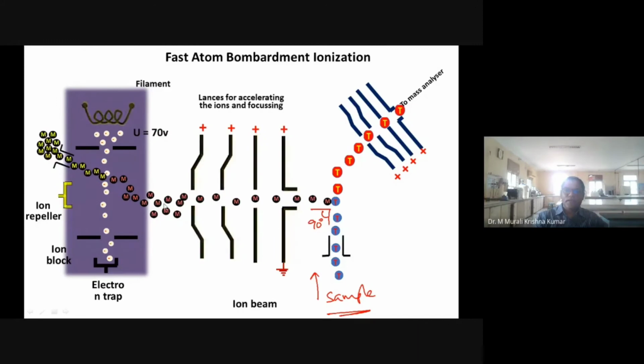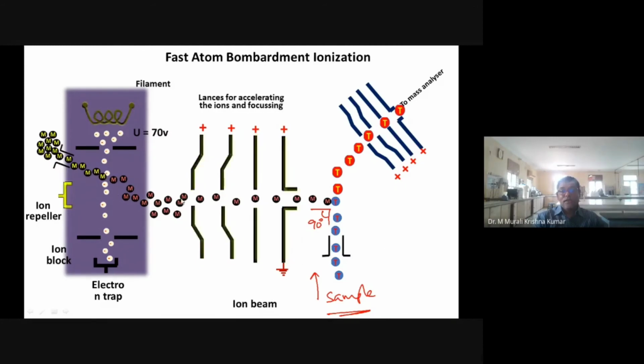So here ionization is happening in two stages. The first one is that we use a reagent gas like sodium vapor, which is sent into the first ionization chamber. Here the electrons will collide with sodium, and then the corresponding ions are generated.